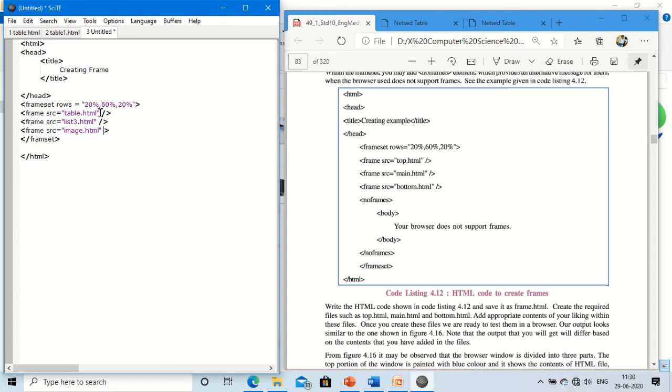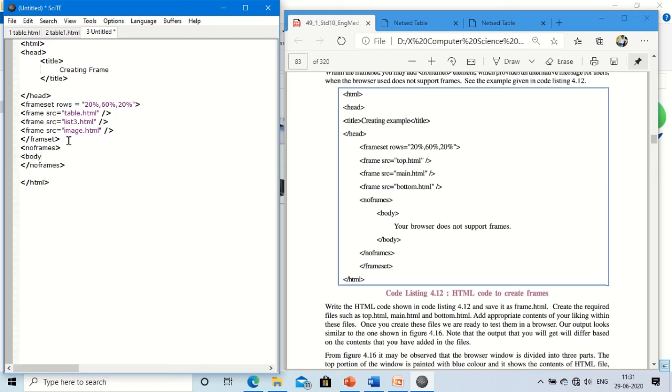If you want to check whether the browser is supporting frames or not, we can use noframes here. This will appear when your browser is not supporting. So noframes, close this, and in the noframes you write the body tag.